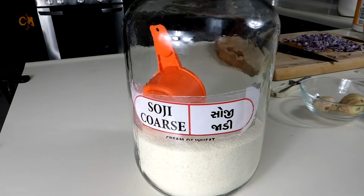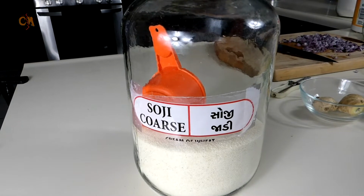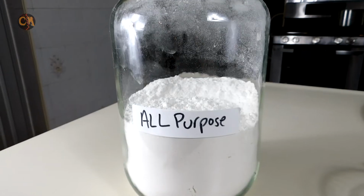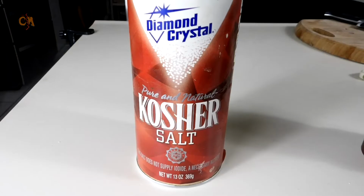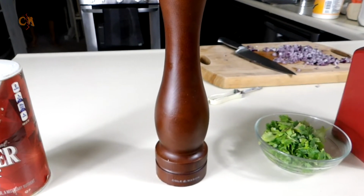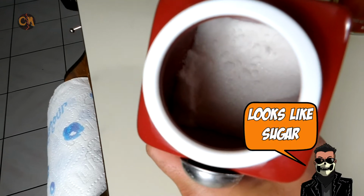Our first ingredient is going to be 2 cups of soji, or semolina, or known as rava. We have rice flour, which is going to act also as a binding agent. Now add half a cup of all-purpose flour, also known as maida. We're going to use about 1 teaspoon of kosher salt, 1 tablespoon of fresh cracked black pepper, about half a cup of finely chopped coriander,